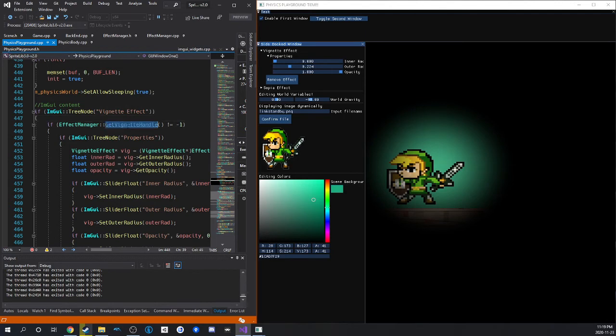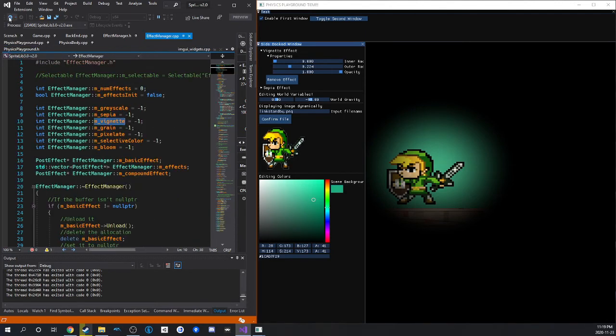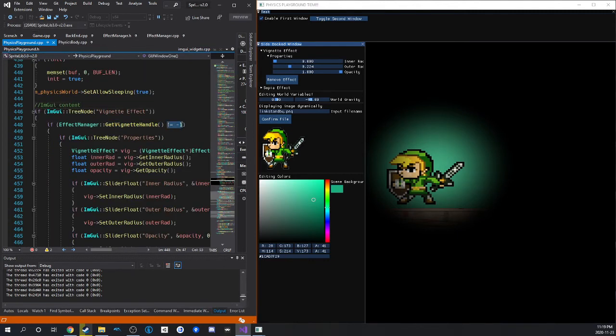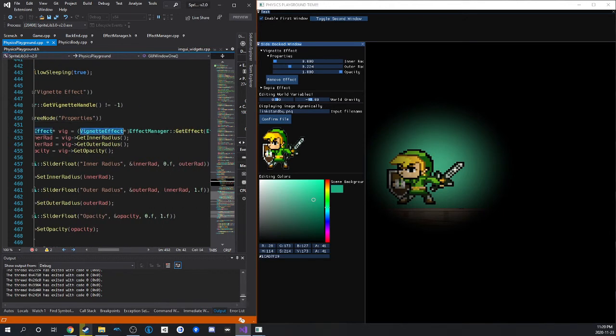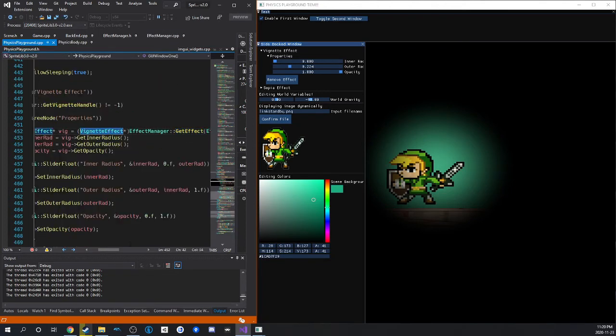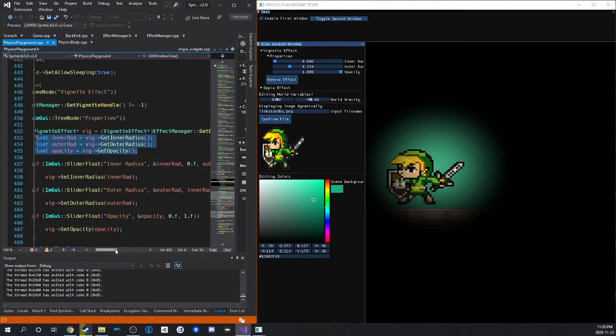is there a vignette handle? Because this defaults to -1. If there's a vignette object, it's not going to be -1. If there is, okay, create a new tree node. Call it properties. In here, I'm casting the post effect. This returns a post effect pointer. I'm casting it to a vignette, grabbing the variables, storing them as floats,